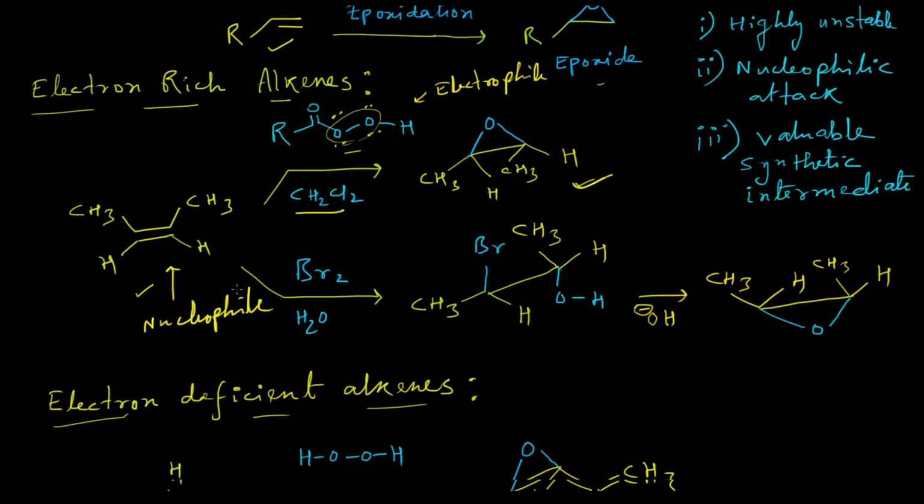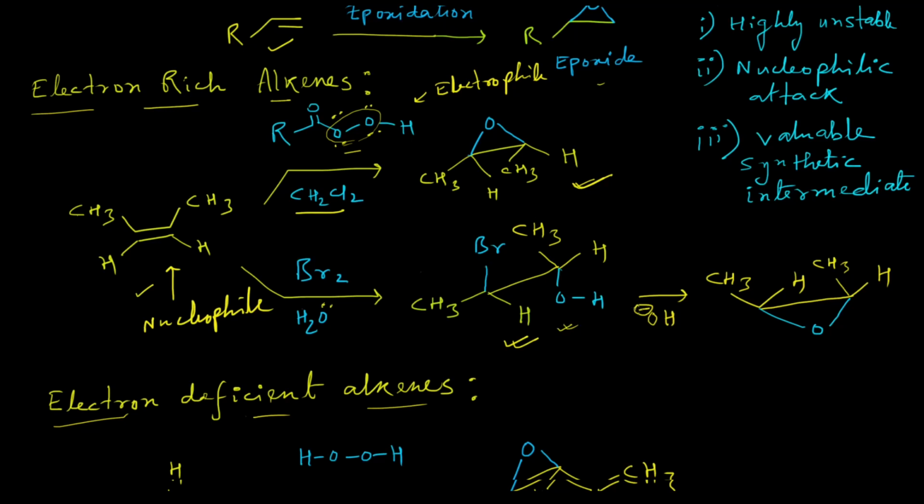There is another method where, in the first step, we treat this alkene with bromine water, and this halohydrin or bromohydrin will be generated after the reaction. You all know the first step will be the formation of the cyclobromonium ion, and the next step will be the attack by the oxygen nucleophile of water, and thereby this molecule will be produced in the reaction medium.